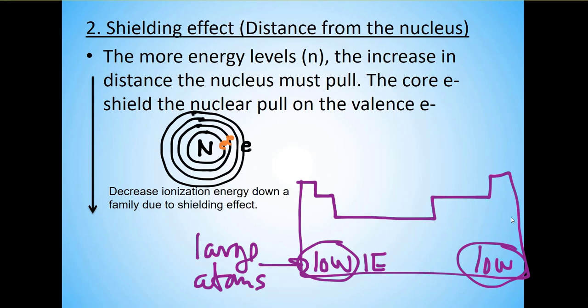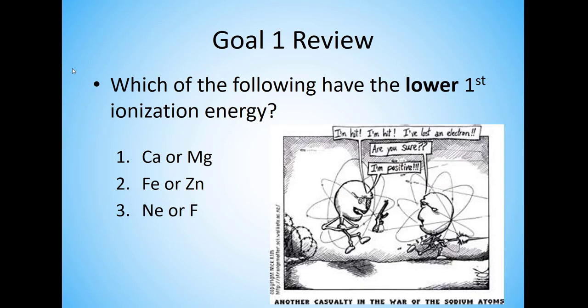So this is called the shielding effect. So again, it's these core electrons that are going to shield the pull of the nucleus on those valence electrons. And so this shielding effect causes it to be easier to pull off that last electron. So again, shielding effect means that, all right, so look at this and see if you can answer the questions